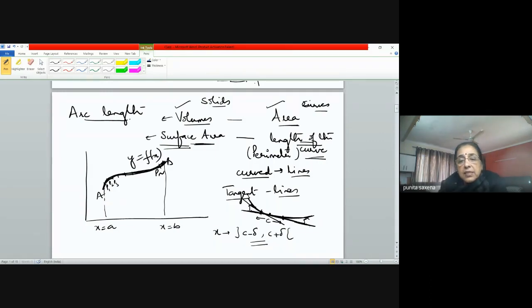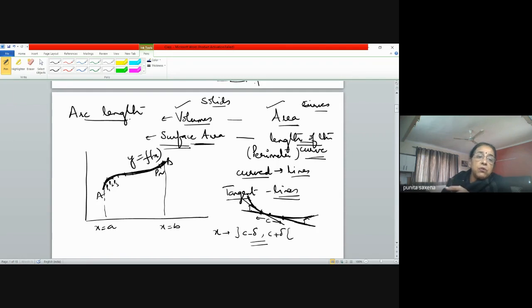We can study curves with the help of straight lines. And what will be those lines? The tangent lines to that curve. That's why we call tangents as the linear approximations to the curve. We can approximate the curve with the help of a straight line. It's much easier to study a straight line than a curve itself.